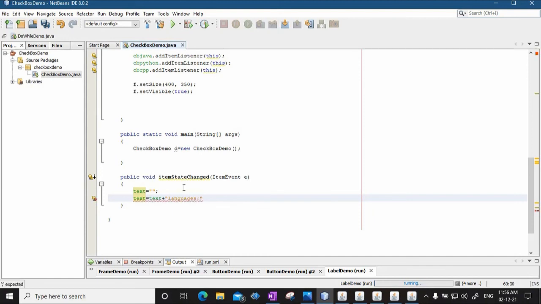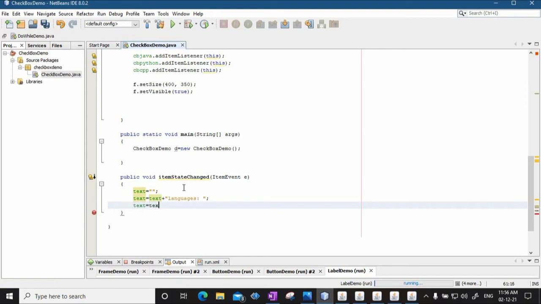Say languages, then the new value of text will be the old value of text plus Java, and for Java we are going to use the get state method to know whether this Java checkbox is checked or not.